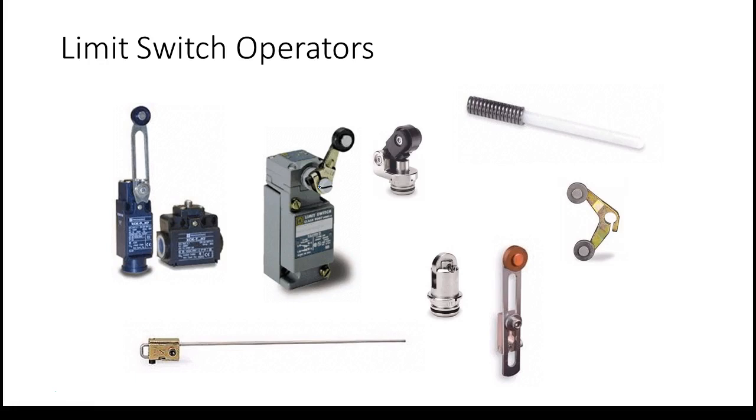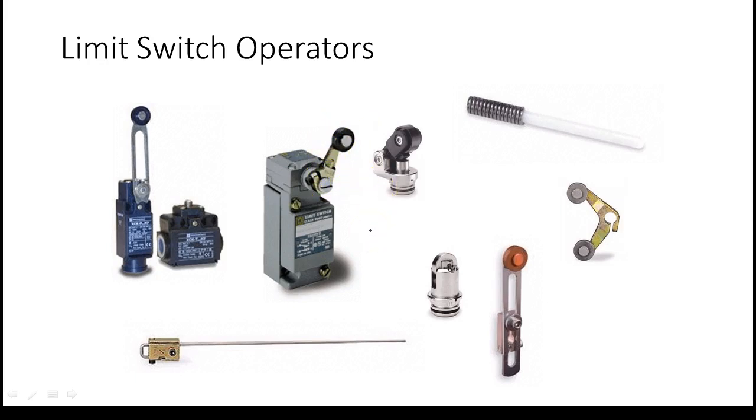Limit switches, everybody okay with those? Any problems there? Did we look at all? These are just different types of operators, or some people call them actuators. So something has to actuate the switch. We have two basic types of limit switches. We have what we call a plunger type, and then we have a rotary type. So this would be a rotary type. This right here is the operator.